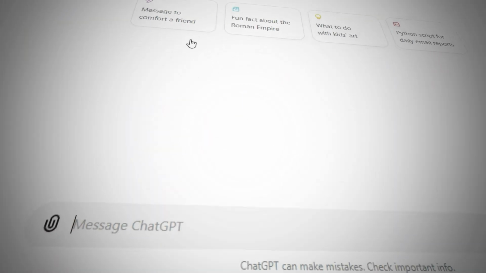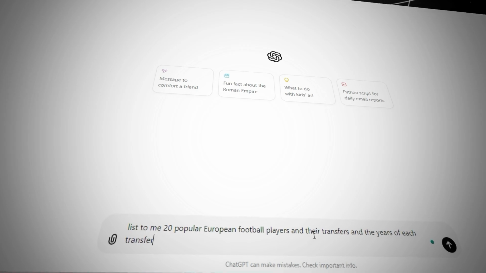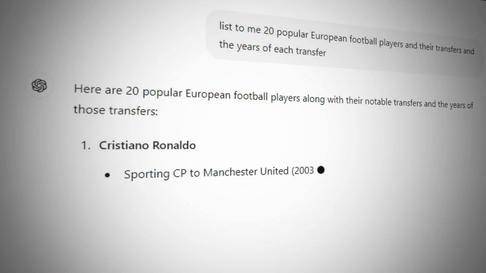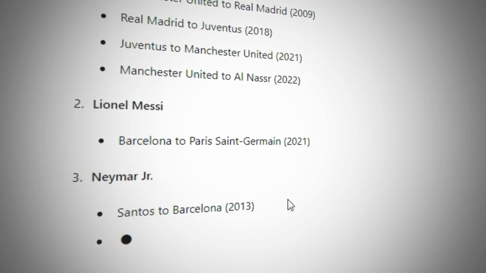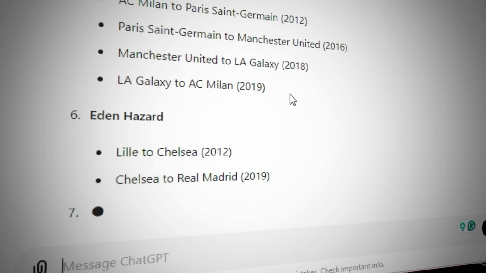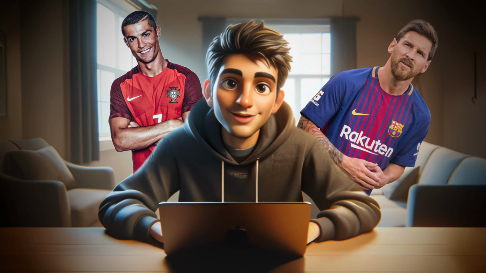Then go to ChatGPT and input this prompt, which I will leave in the video description. List 20 popular European football players and their transfers, including the years of each transfer. ChatGPT will give us the transfers of each soccer player and all the details we need to make our video. In this example, I'm going to cover only 2 players, but all you need to do is repeat the process